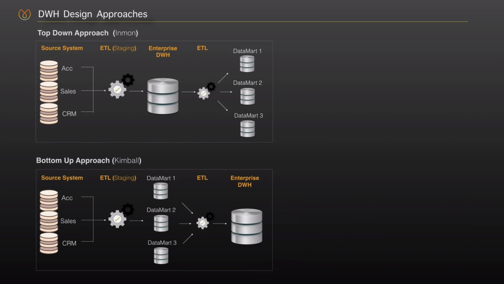So you see that for both approaches, we are starting with extracting data from a variety of source systems and transforming it within the staging area. For the next steps, Inmon defines a data warehouse as a centralized repository for the entire system. The information is gathered and integrated first in a normalized data model. N-dimensional data marts which contain data required for specific business processes are created only after the complete data warehouse has